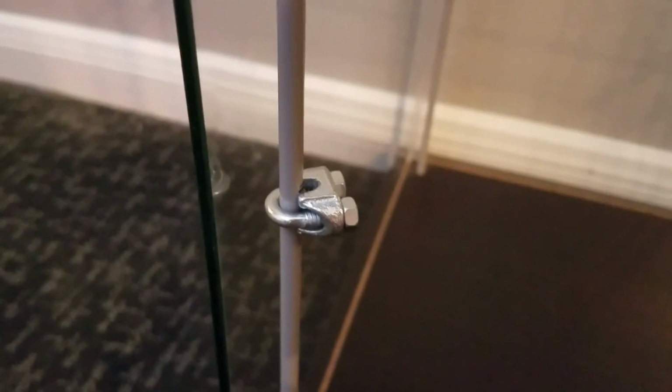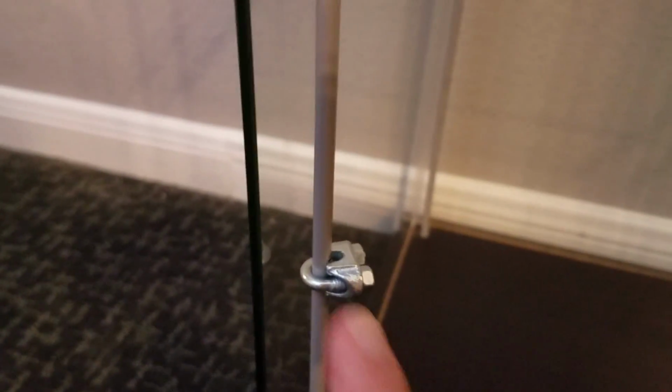Also, get it tight, but don't over tighten these. Now, you want it to be firm. You obviously want it to be tight enough to hold this shelf up, because you do not want it falling. However, do not over tighten these, because what happens is that this piece of gray metal that holds up the